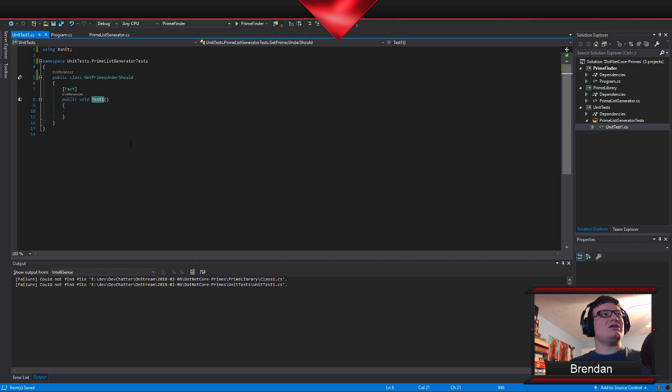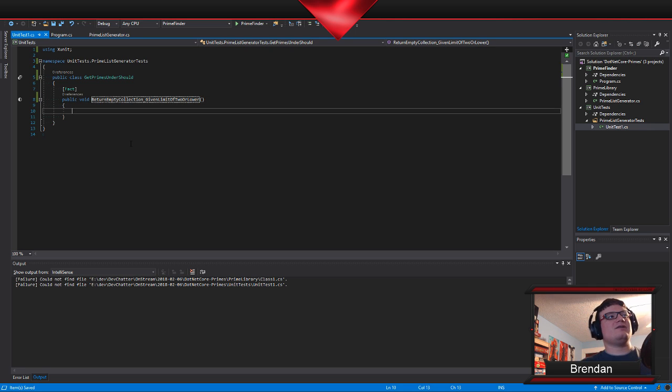So get primes under should, and then I'm going to say return empty collection, and this one I am going to do it, even if it's going to underline it. Return an empty collection, given limit of 2 or lower.